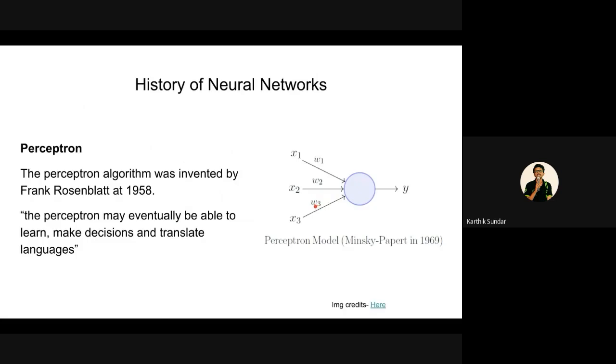So what Rosenblatt did is he gave a weight to each input: X1, X2, and X3. Let's again use an example. Let's say you want to watch a movie. Let Y be the output, whether you want to watch the movie or not. The inputs can be: X1 is whether the director is Christopher Nolan, X2 is whether the music is by Hans Zimmer, and X3 is whether Leonardo DiCaprio is the hero.